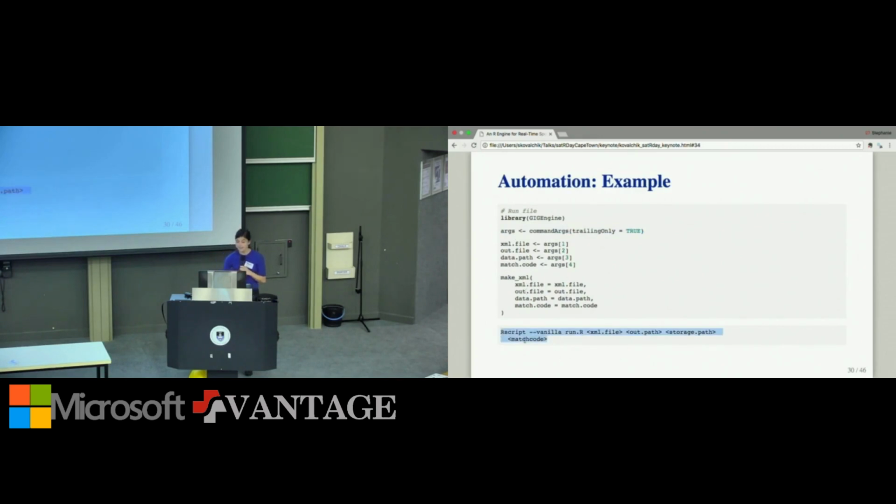So this is the basic syntax that we previously saw an example of. I have stored all of the code that you see above as a script called run-r, and it's effectively loading the gig engine functions, collecting the arguments, and then our only function that needs to be processed to produce the output of interest is this make XML file.